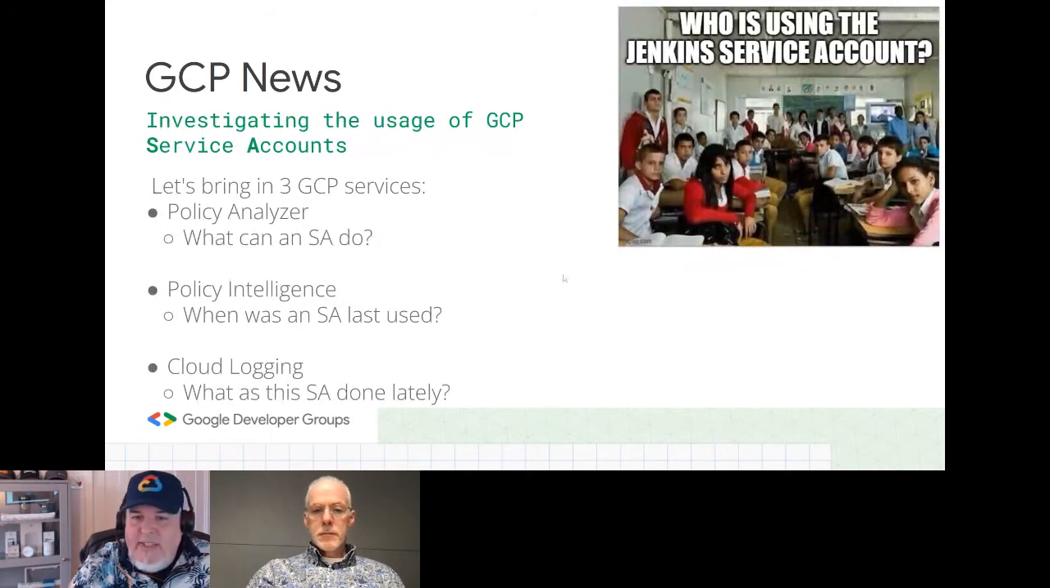We're really in the investigation and what's going on. There's a lot of things on security. So there's investigating the usage of service accounts. And again, that's why I like the meme: hey, well, who's using the Jenkins service account? Probably everybody is using that service account somewhere. We don't know why, but there's